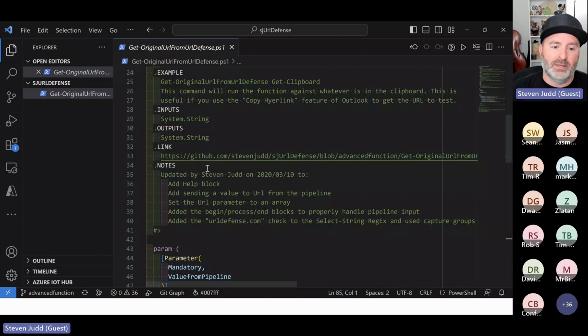And then what I like to do is in the notes section, I start to say, hey, here's some stuff I did to this. As I'm iterating through it, I'll start putting these in the notes. Now, it's also in my Git repo, but sometimes these things move away from your Git repo. So it's kind of nice to know what the evolution of things are, so that if someone has a question, they can be like, hey, I don't understand why you did this. Well, it's in your notes.